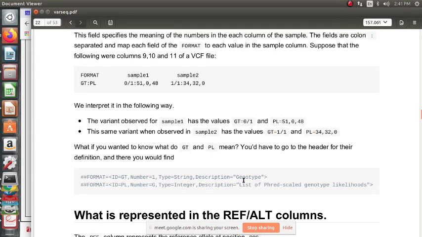So GT is genotype, and for FORMAT, PL is the list of Phred-scaled genotype likelihoods. The PL comes from Phred and likelihoods: P for Phred, L for likelihoods.